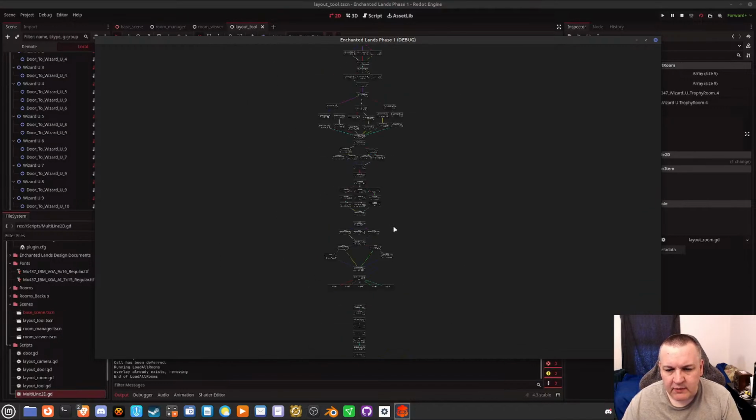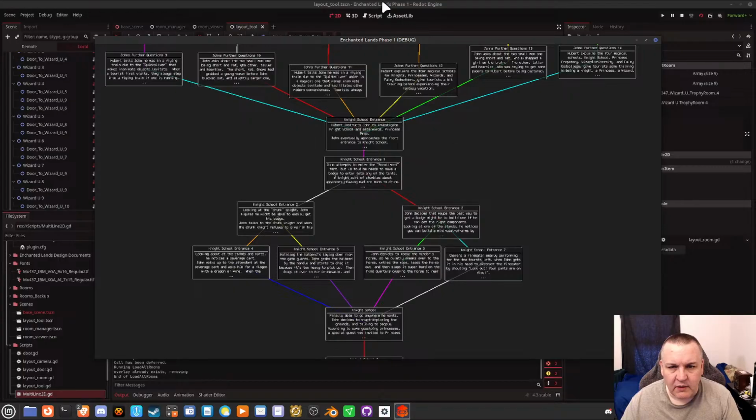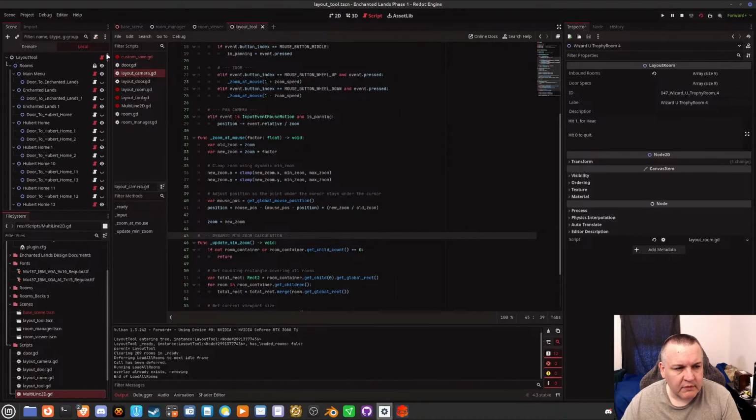The only thing that gets me is that I guess we're not zoomed out far enough. All right, so I think the thing I need to do right here is instantiate the camera. I want to instantiate it in script in the layout tool script, and I don't want it to be attached.